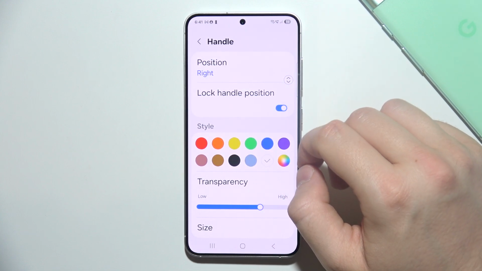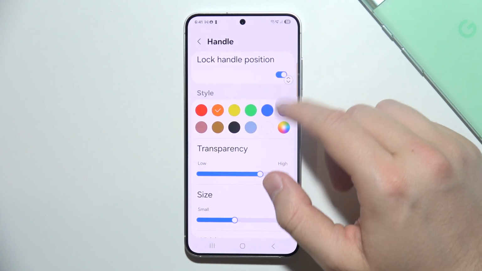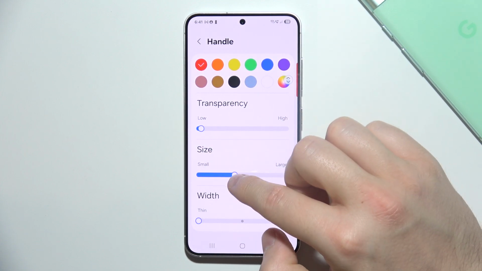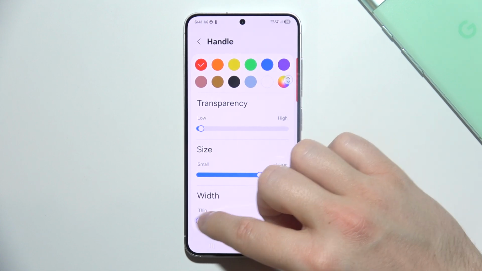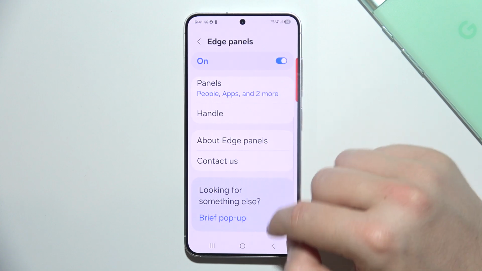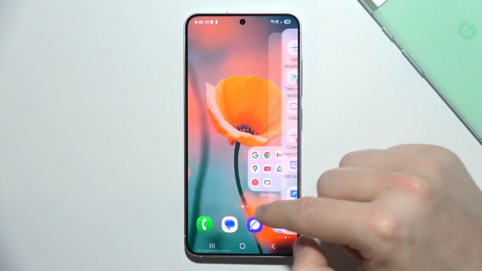You can lock handle position, and also you can change color of your Edge panel. And here you can set transparency, size, and width. There we go. Now you can go back, and here when you open this Edge panel, we can click,